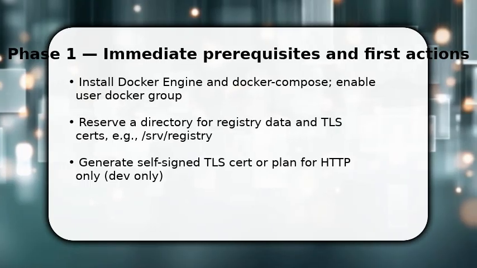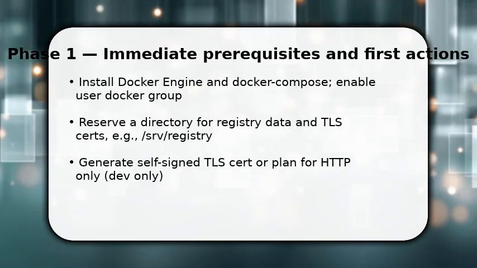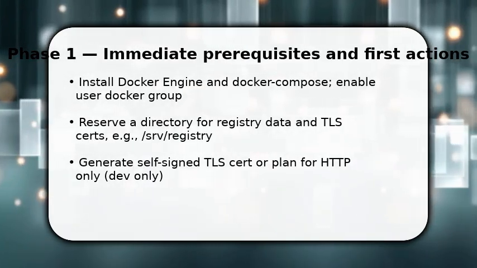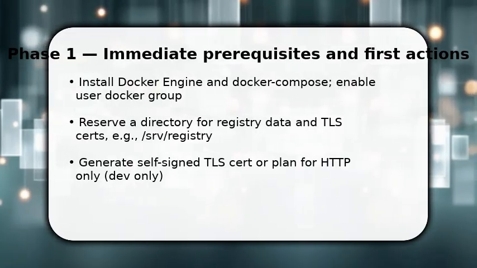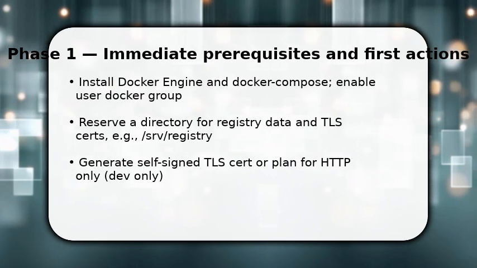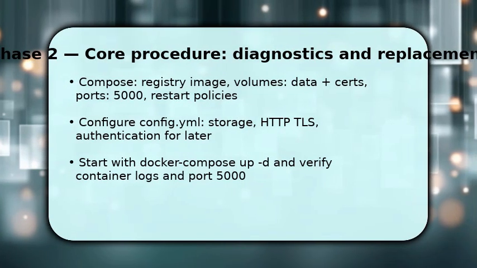Next, generate a self-signed TLS certificate for local secure access, or explicitly choose HTTP for quick testing, but be aware of security trade-offs. Once done, you'll write a minimal Docker Compose file to launch the registry container with mapped volumes and network settings. You now create a Docker Compose